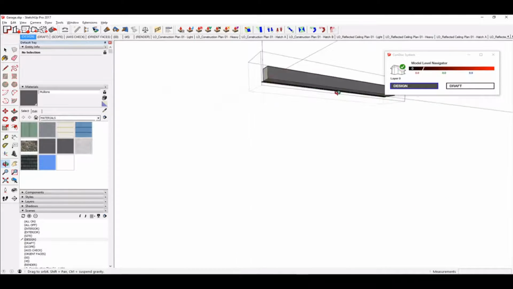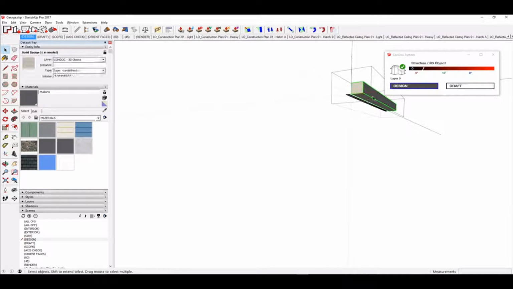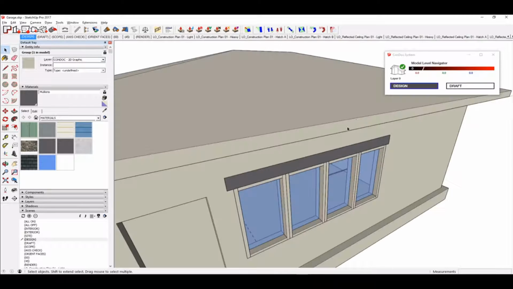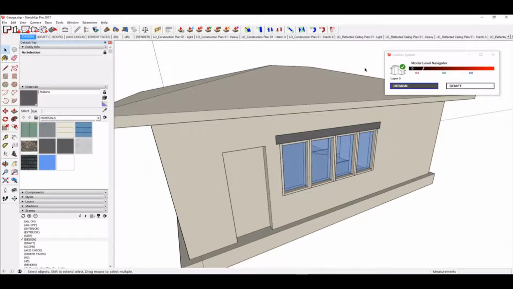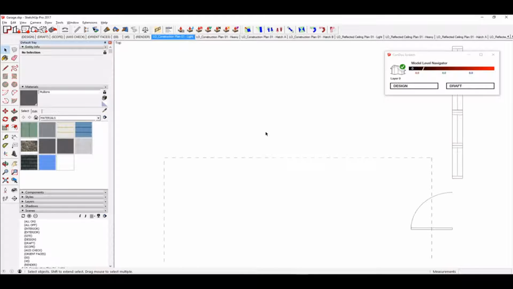All right, we've got our 3D object, and we've got our group, and that is going to be our 2D graphic. So let's take a look at the plans now. If I look at my construction plan, we could go to construction plan light and just take a look at it. See, our windows are showing up, our doors are showing up,